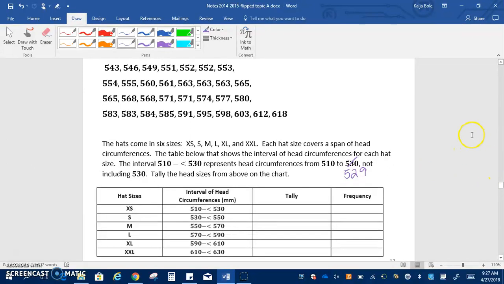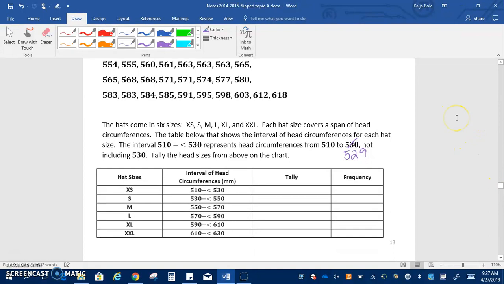So, I'm going to look off my paper off to the side. So we're going to start with 513. 513 will go in extra small. Then we have 525, so that stays in the same box. But then we jump to 531. So that goes in small. 533, 535, another 535, and then at 542 you put the line going across to represent 5. And we've got 543,